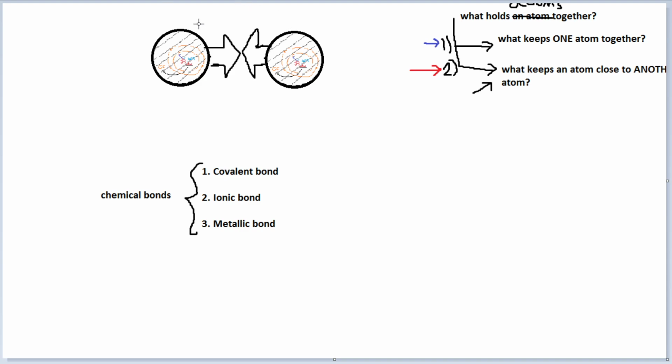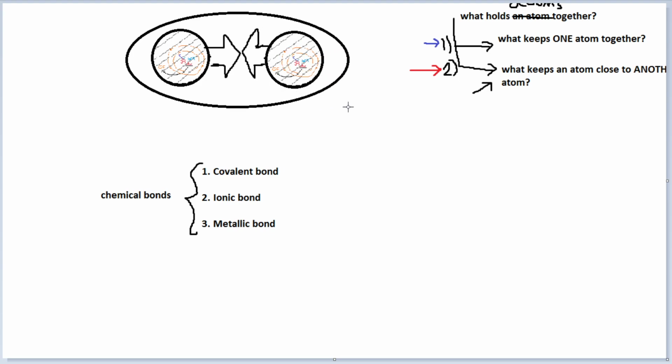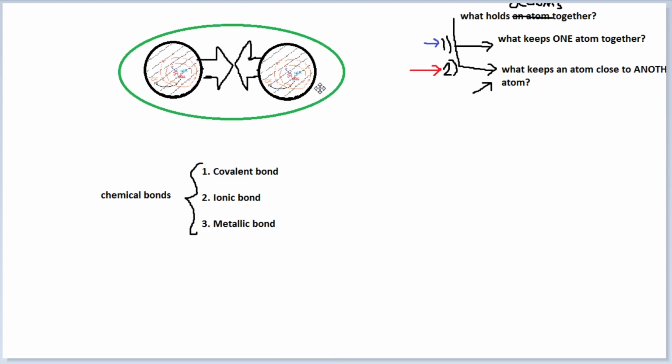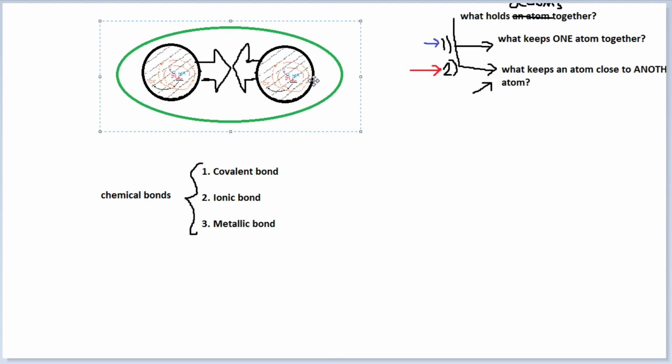So here is our new picture, and actually I want to use a color for that. Okay, we're gonna use this green thing. So this green picture is our new picture. This black circle, by the way, let me remind you, we had a name for that picture. It was called the picture of an atom. This is the picture of a similar atom. This green thing also gets a name. This object, which is formed when atoms are held together by some force, gets a name.